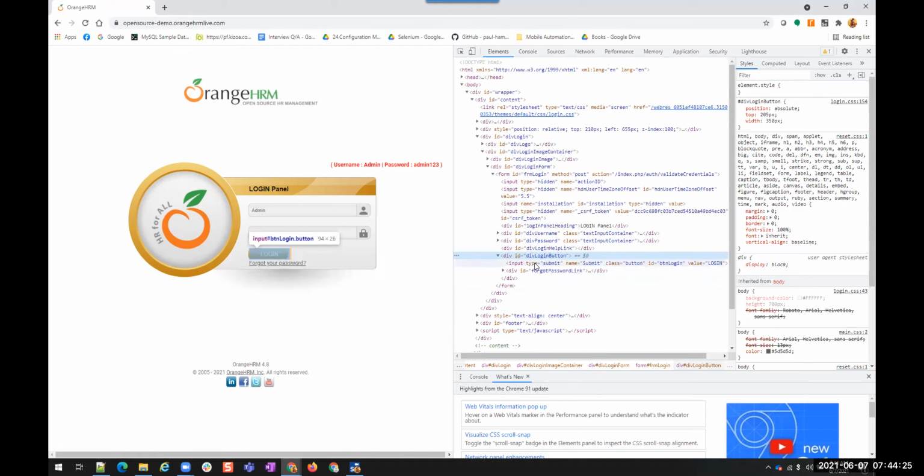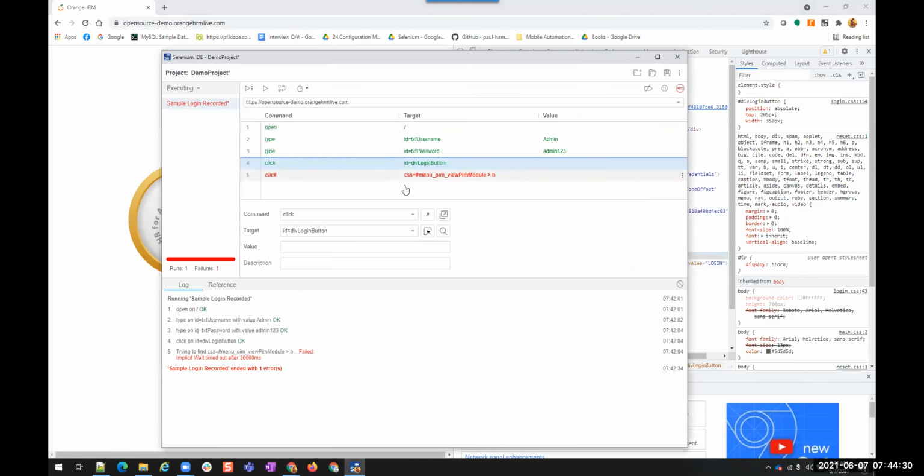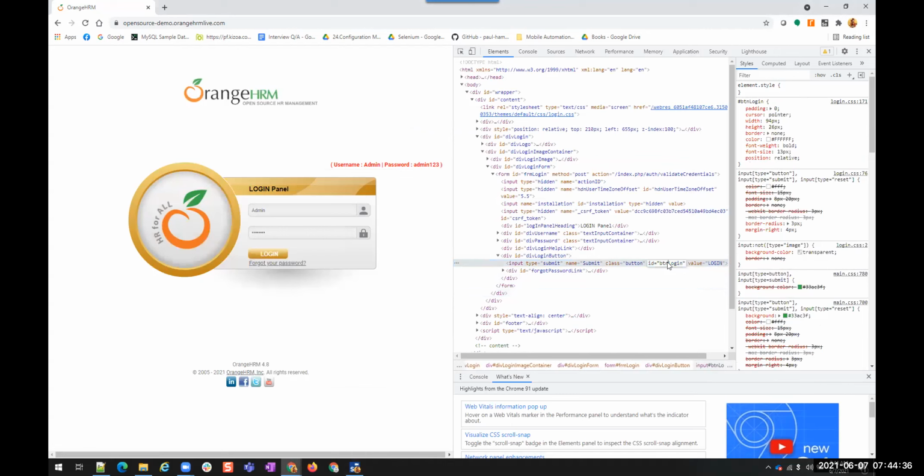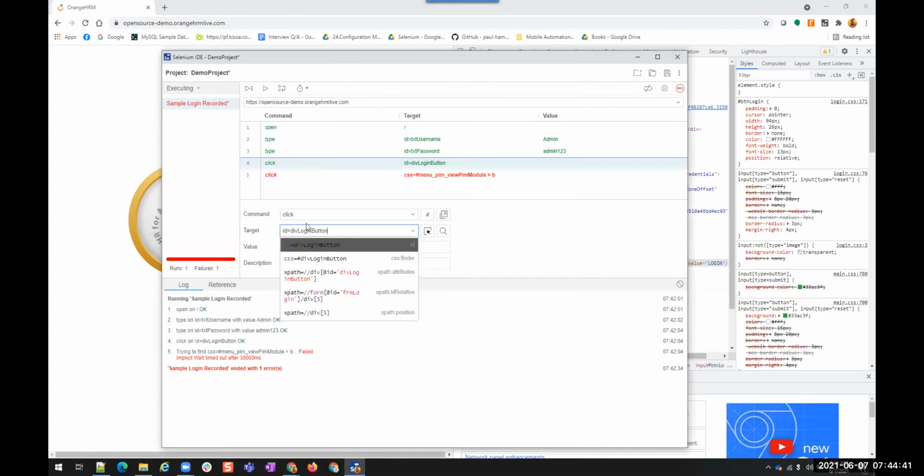So now let us change this target. So this is not the ID. What is the ID? ID is button login. Okay. ID equals button login. That's all.